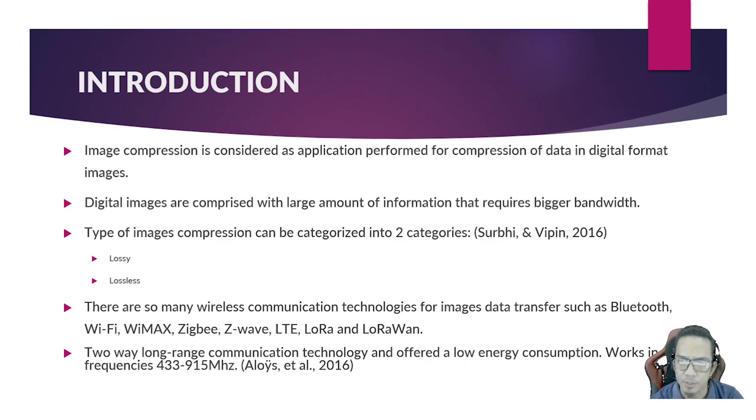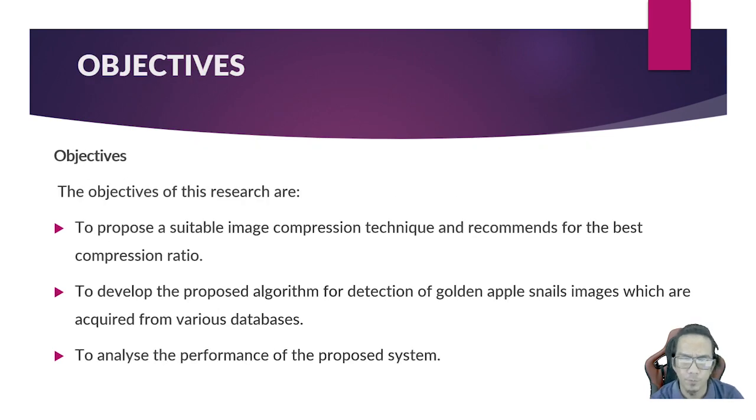Types of image compression can be categorized into two categories. It can be lossy or lossless. There are many wireless communication technologies for image data transfer, such as Bluetooth, Wi-Fi, WiMAX, Zigbee, Z-Wave, LTE, LoRa and LoRaWAN. The objectives of this research are to propose a suitable image compression technique and recommend the best